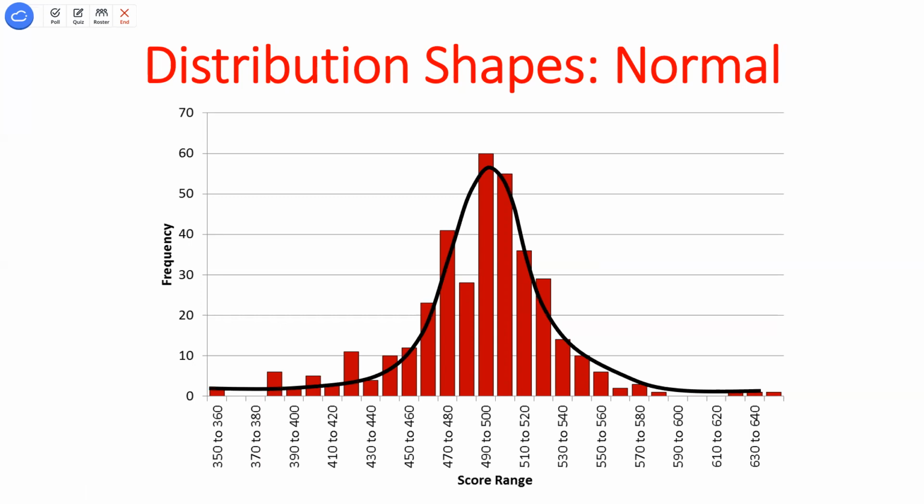Where the majority of my observations are all here in the middle. And then as I move away from that middle part of the data in either direction, seeing extremely high or extremely low values, I start to see fewer and fewer of those, right? The bars start to decrease. Remember, the bars are telling me the frequency for each one of those bins, or the number of observations I see in between, for example, here at 550 and 560. Okay? So once I have these frequency distributions, I can see the majority of the data is in the middle here, with very few observations that are extremely different from that. This is a nice normal curve or bell-shaped curve.